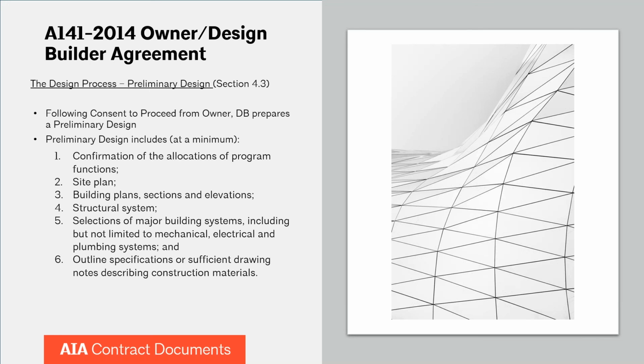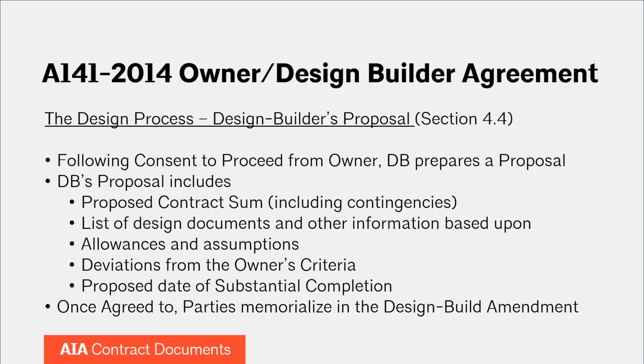And the more you can put in here, the better you'll be in the long term, because you'll have a contract sum that's based on more decisions, more actual determinations made by not only the designer and the builder, but also the project stakeholders. And then, again, the preliminary design will be submitted to the owner. The owner will have an opportunity to evaluate it. As part of that preliminary design, the design builder is required to say if there are any deviations from the owner's criteria. So it's supposed to be a very open and transparent process